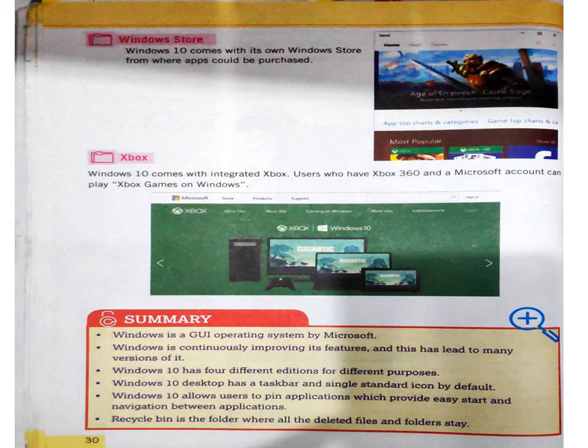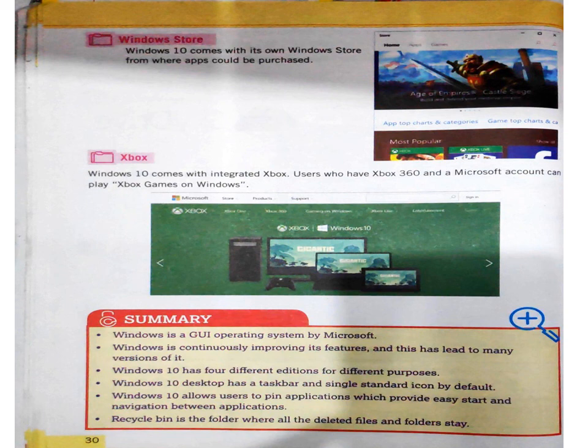Now there is an option for the Windows Store, like you have Google Play Store in Android. Likewise, Microsoft has its own store known as the Windows Store, from where you can download various apps as well as purchase the apps that you want to use.